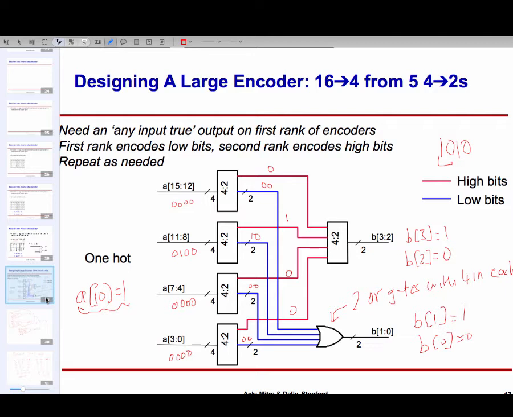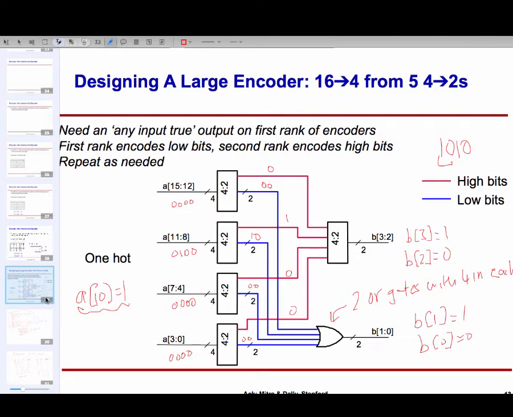And this was a trickier example, so I want to go through it in a little bit more depth. What we have out here is I want to design a 16:4 encoder. I'm getting in 16 bits of A, so they go from A0 through A15, and I want to encode it into 4 bits. So I need 4 bits of output, B0 through B3. And remember, A has to be one-hot coded. So one and exactly one of these 16 bits is going to be high. If not, then it's not a valid input.